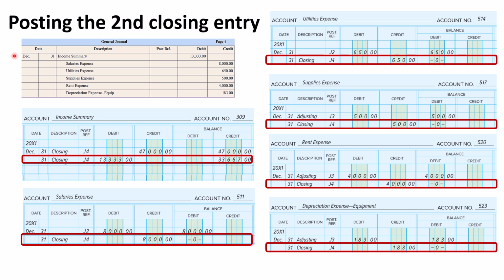For our second closing entry, in which we closed all expense accounts for a total of $13,333 to income summary, we'll start with the account income summary first. Write the date into the date column, the word closing into the description column, the post ref J4 into the posting reference column, and $13,333 into the debit column. The new balance is